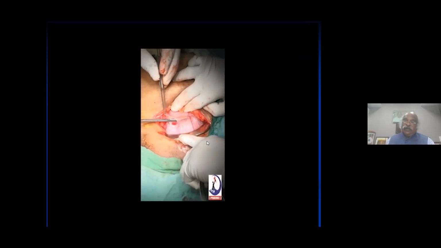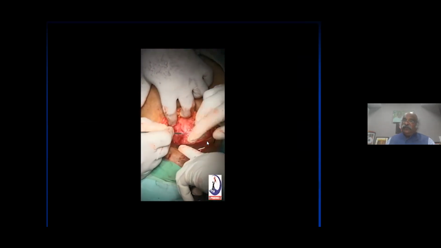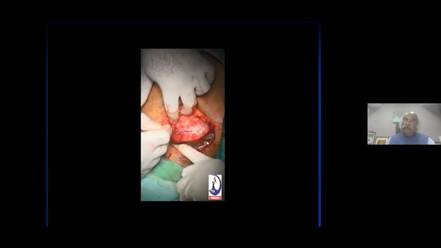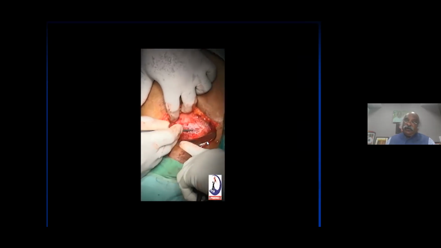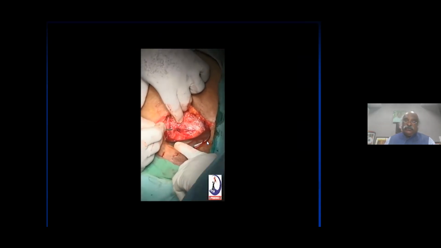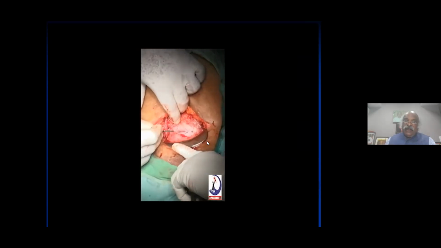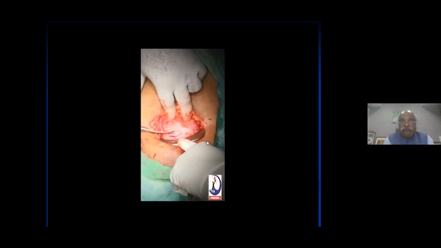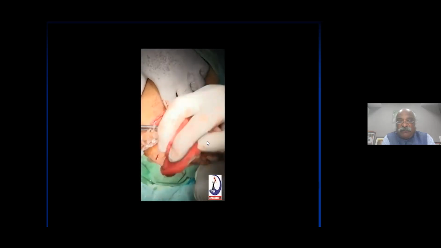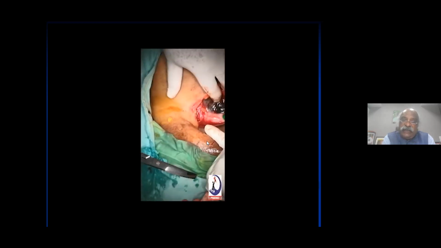For the last 25 years, I always advise that this method of delivery of the baby is always with the vacuum, provided the head is there. Even if it is a low head, high head, or mid head, whatever it may be, if the head is there, you must deliver it so that the gymnastics is not there and lateral extension will not be there. And therefore, I personally do and advise all my students to follow this procedure for the elastic vacuum.